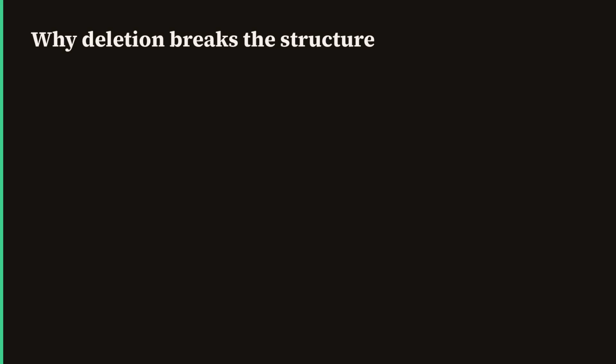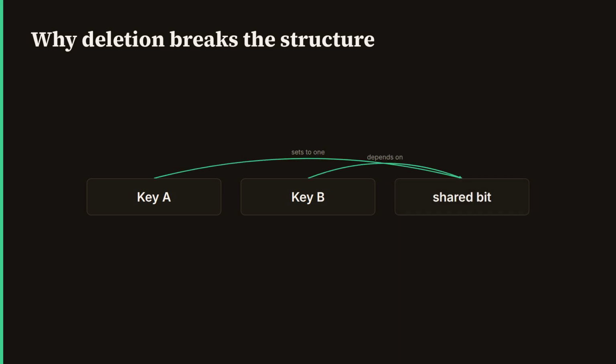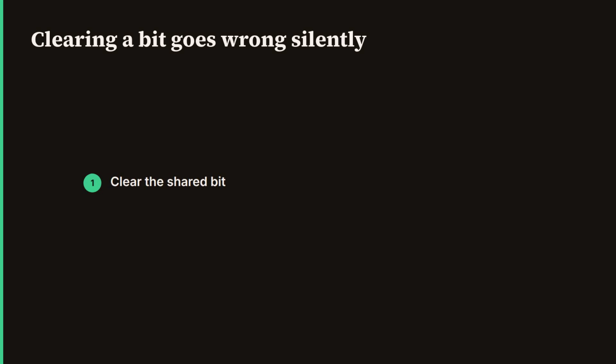for the other. But there is a guarantee this structure cannot give you at any m or k, and that is deletion. You cannot remove a key by clearing its bits, because those bits are shared. Another key you never intended to touch may depend on that exact same bit staying set to 1. Clear it, and you have just introduced a false negative, silently, the one error this structure was built to make